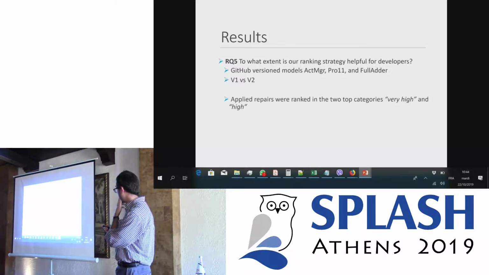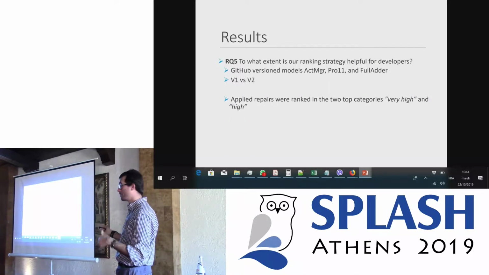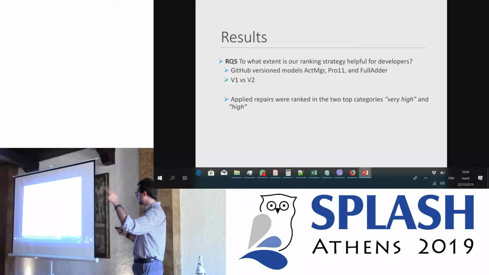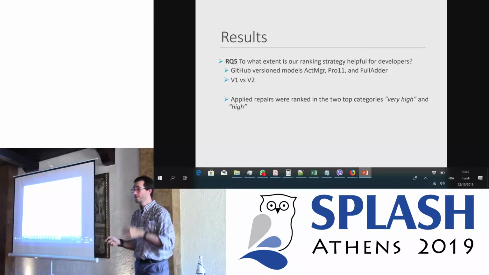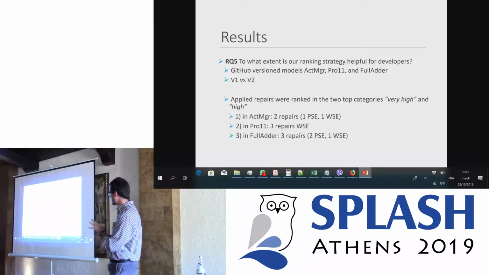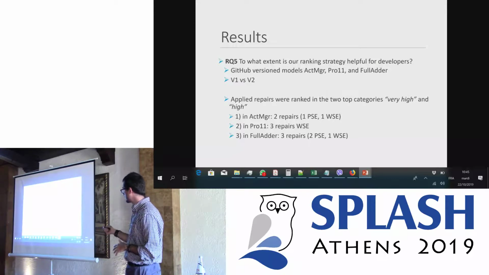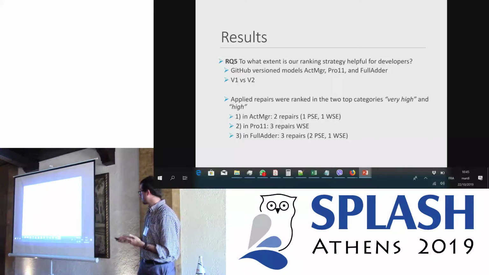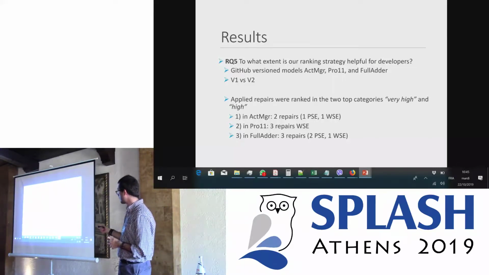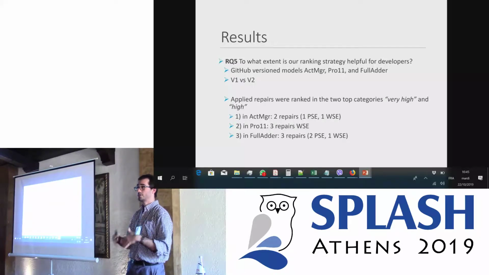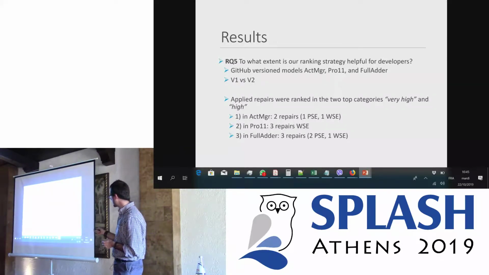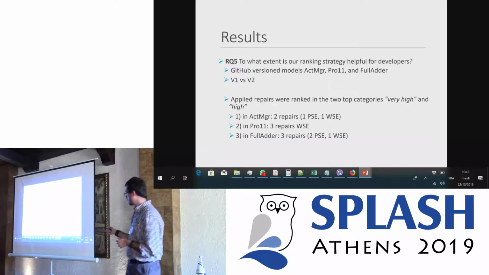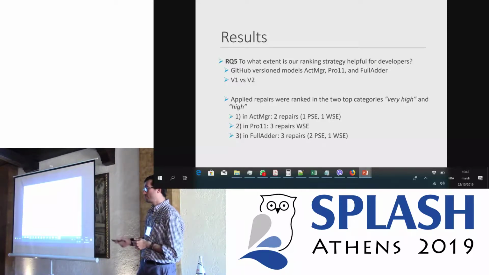So actually in all three case studies, the repairs that were applied were always ranked in the first two categories, very high and high. If we look in detail, two repairs had positive side effects and no negative side effects. In the second one, only repairs without side effects were applied. And in the third case, three repairs were applied, two with positive side effects and one without a negative